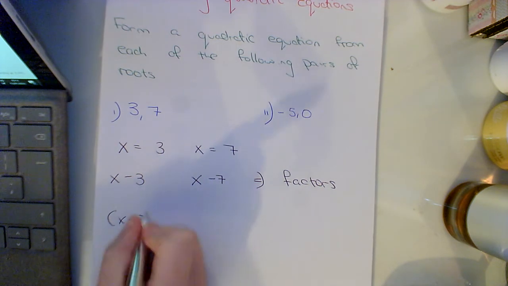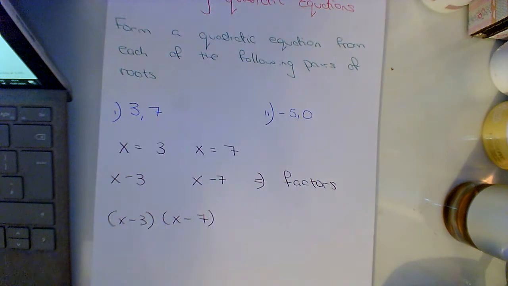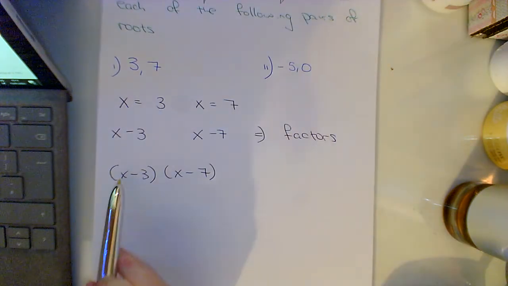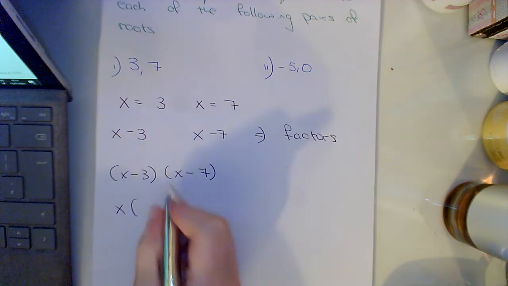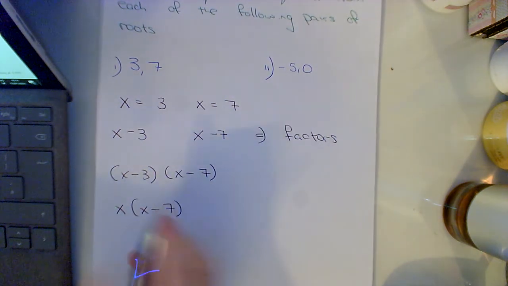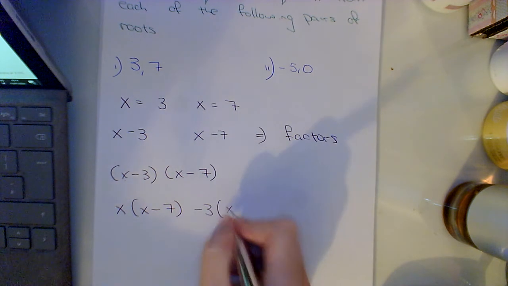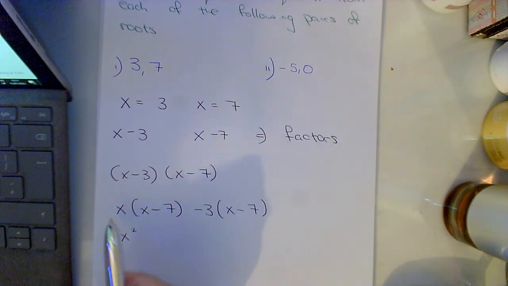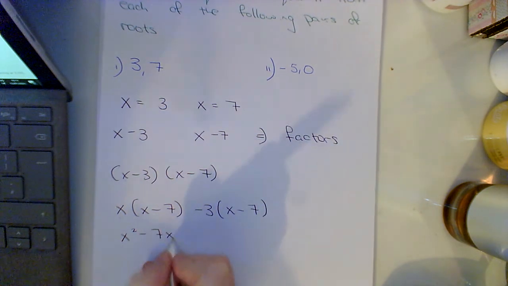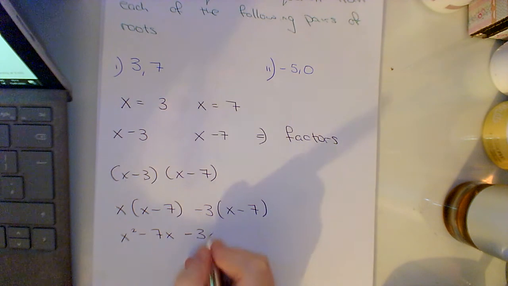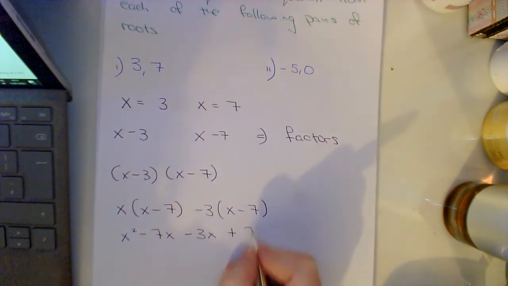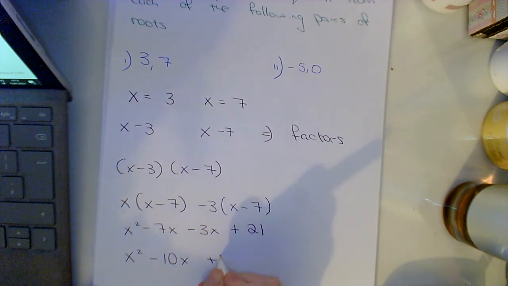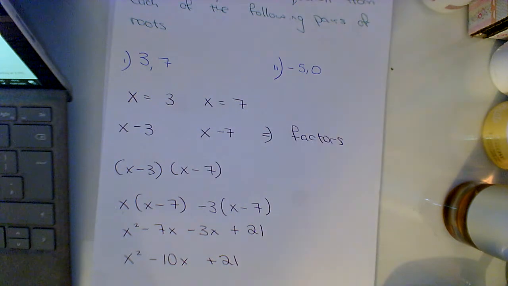So I have x minus 3 bracket x minus 7. Multiply them together. This will be a bit of revision as well on multiplying in algebra. So I split my brackets. My first term, which is x, times everything in my second bracket, x minus 7. My second term, which is minus 3, times everything in my second bracket. x times x, x squared, x times minus 7, minus 7x, minus 3 times x, minus 3x, minus by minus gives me plus, and that's 21. Then I have x squared minus 10x plus 21, and that is my quadratic for the first one,